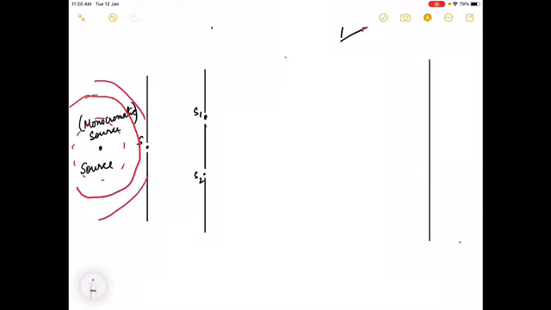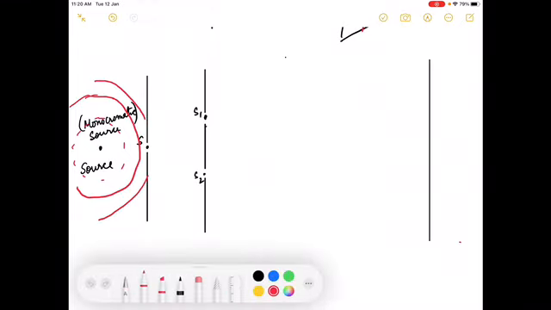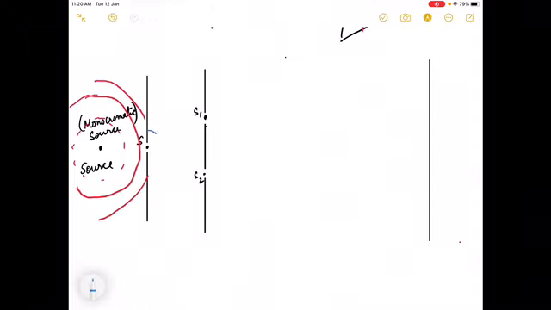Obviously one wavefront will hit your slit S. So slit S will actually behave as a new source of disturbance, yes or no? I hope everybody agrees with that. So what will happen next? Slit S will emit a secondary wavelet and hence the wavefront. So it will go like this.